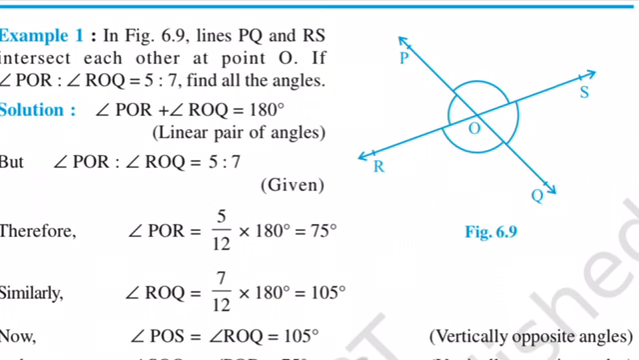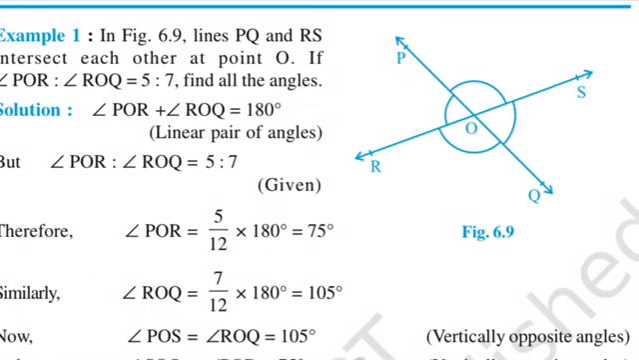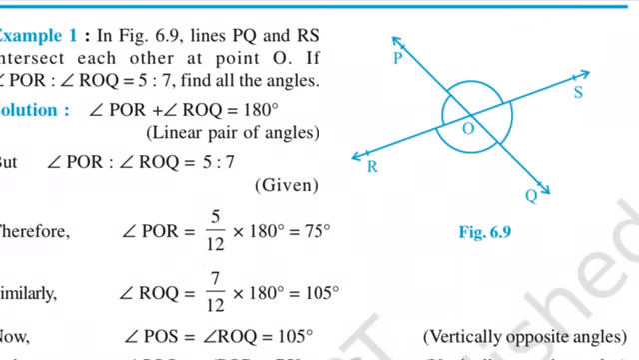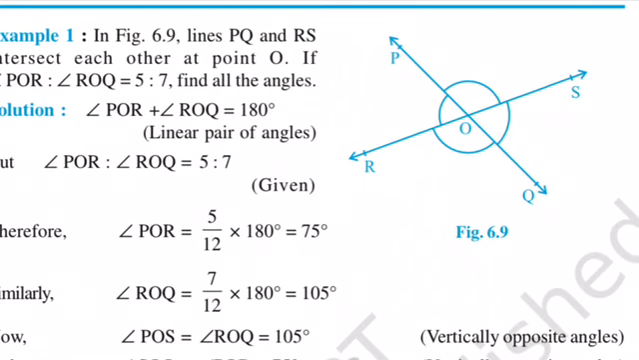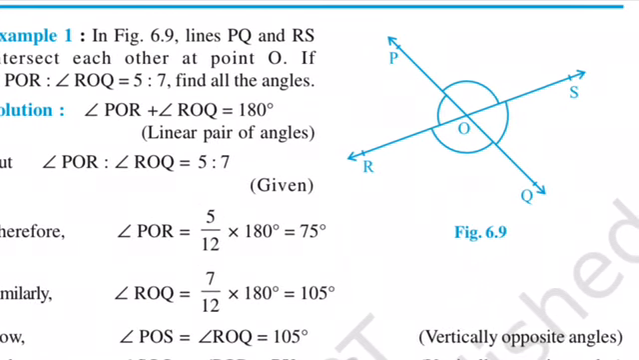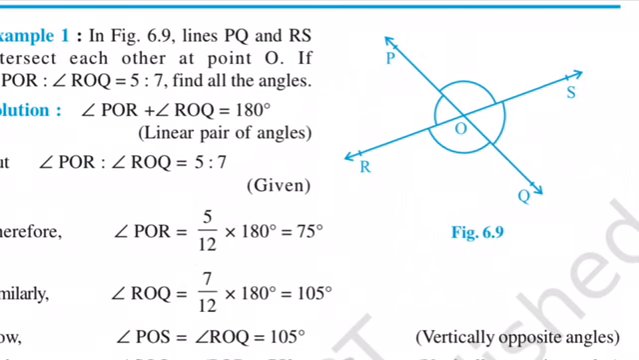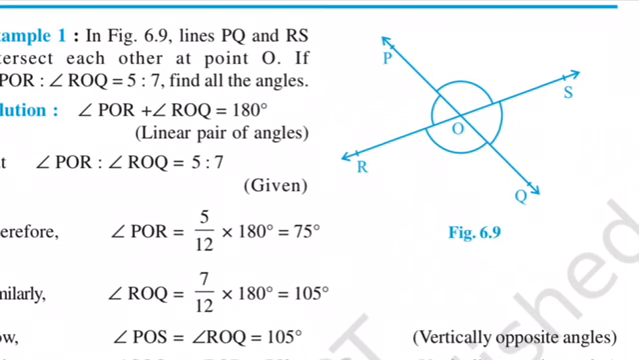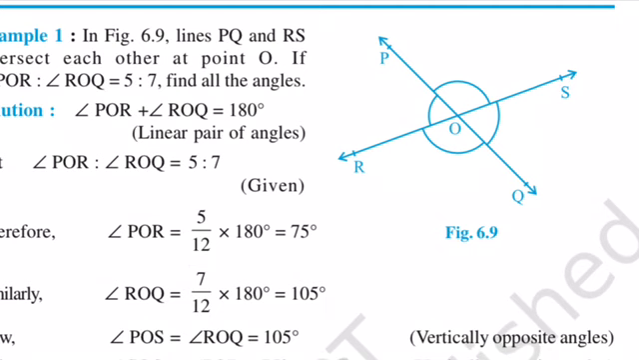So if we want to calculate one angle, linear pair means the sum of both angles is 180 degrees. Angle POR and angle ROQ, their sum will be how much? 180 degrees, because of the linear pair. And the ratio of angle POR and angle ROQ is equal to 5:7. That's why angle POR is equal to